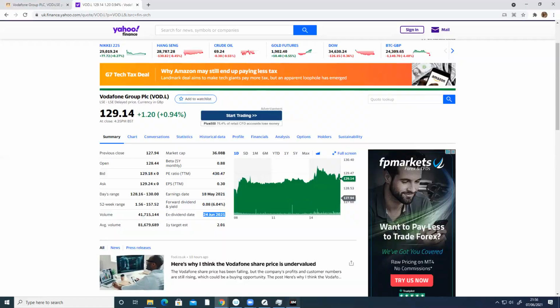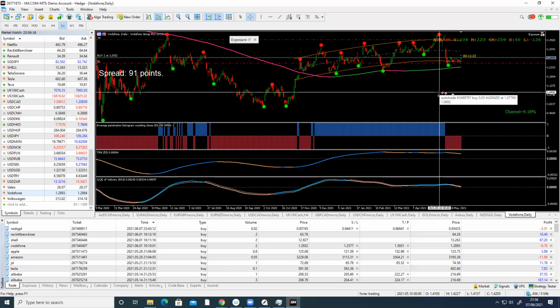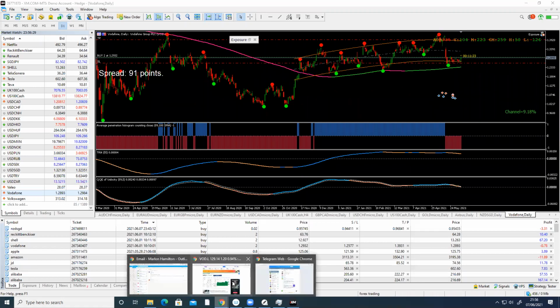If you look here, you can see there was a drop in the share price because the earning wasn't that good on the 18th of May. Here as we drop this here, 18th of May. Yeah. So because of the earning, if you go back to here, you can see